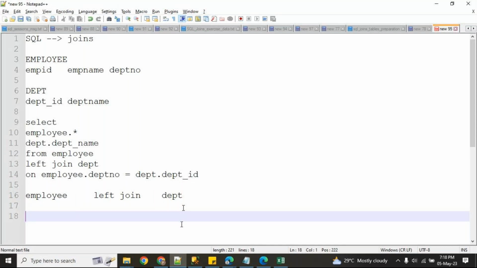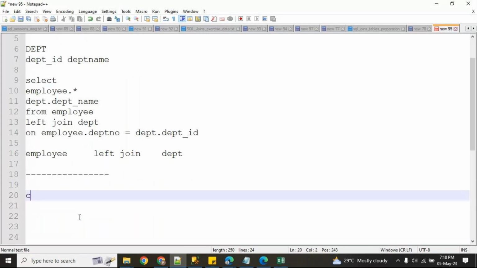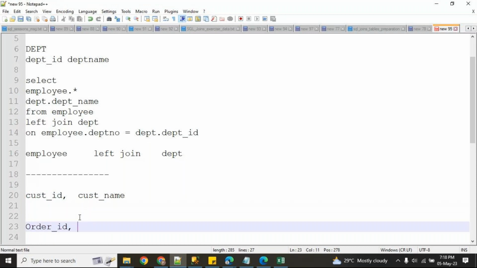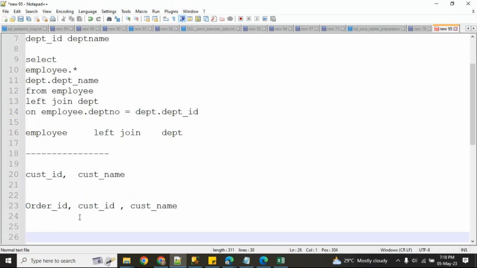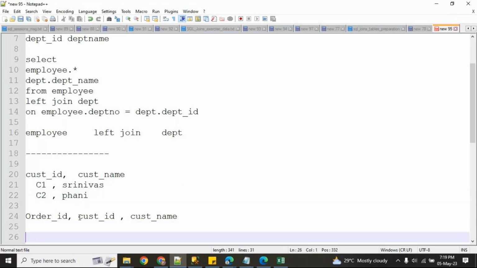Okay, suppose, consider an example. I have a customer table with customer ID and customer name. Similarly, I have an order table with order ID, customer ID and product ID. Here my customer ID is C1, name is Srinivas, and I have two customers.